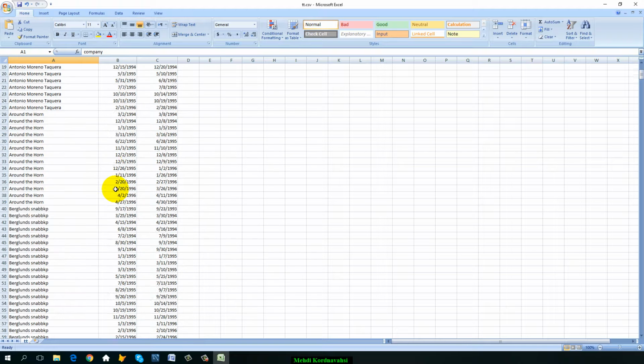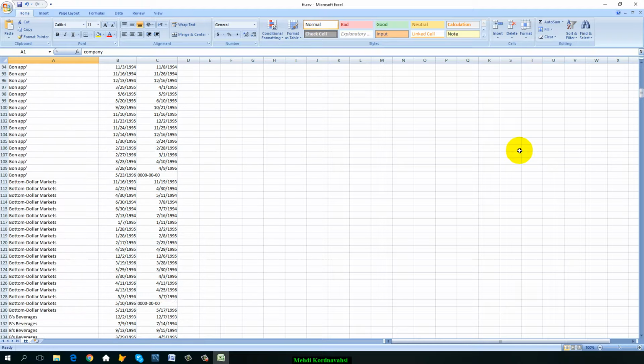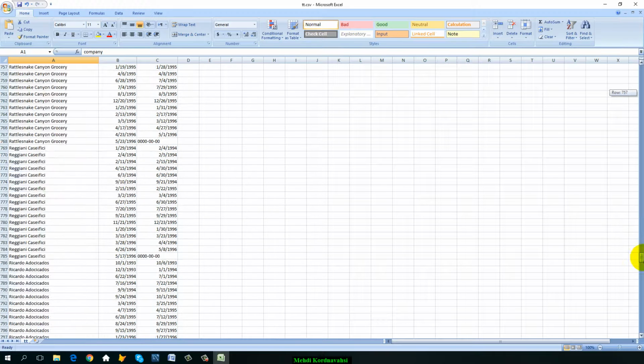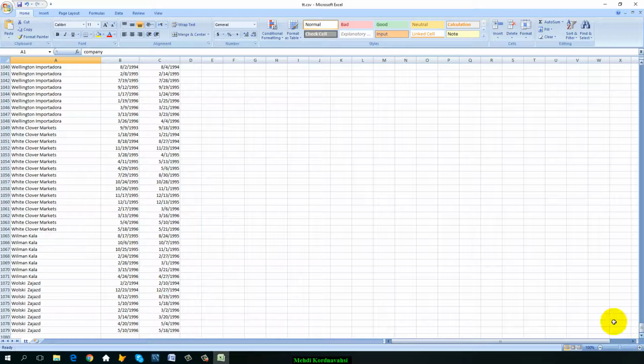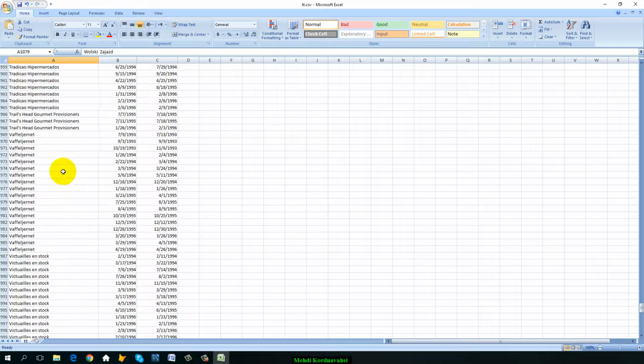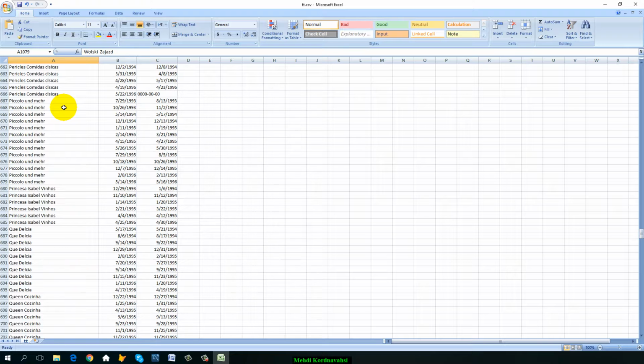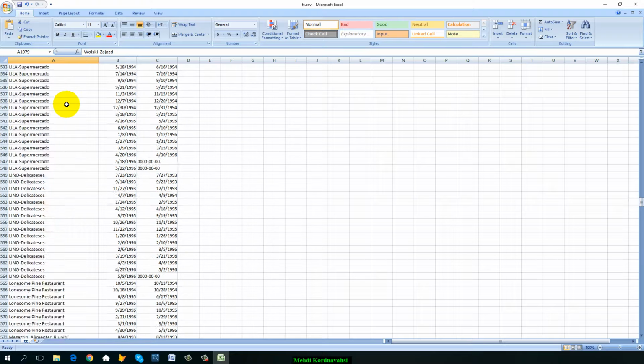As you see, the number of records retrieved here is 1079 records, retrieved and exported to the Excel environment. Okay, let's